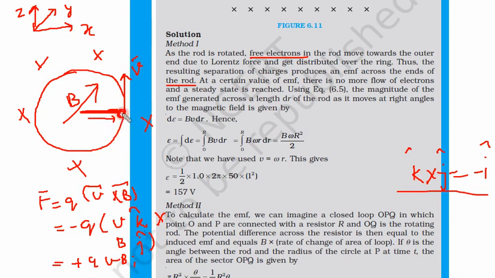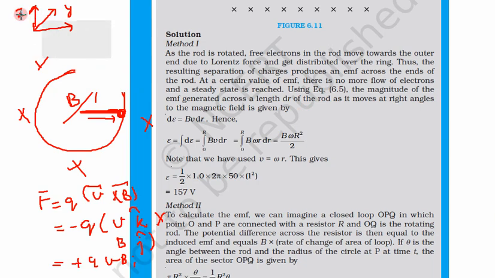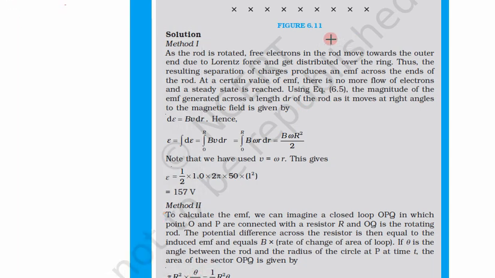So all the electrons will accumulate on the circumference of this circle. Now let us solve this further. One thing is known: due to this Lorentz force, all the electrons will get distributed over the ring, since all the electrons are moving in this direction. Now you will ask, what will happen when we are at this other point? Again, you can solve it here as well, but in all cases we will see that electrons will always accumulate on the circumference of this metallic ring.